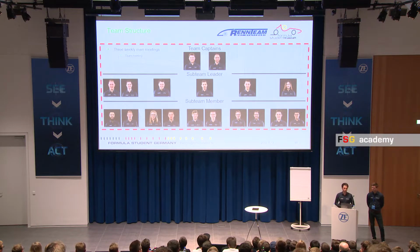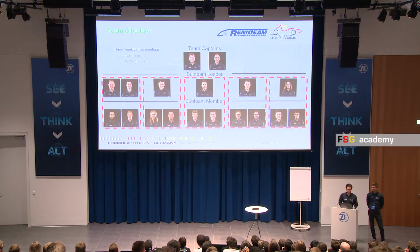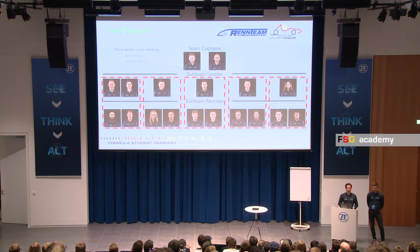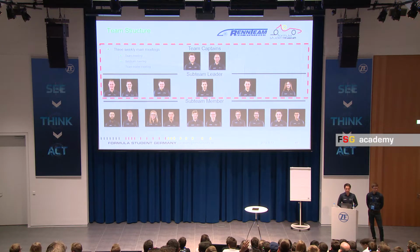The first one is the team meeting, where every team member gets together and we discuss the general things of the organization and the main technical goals for the next week. Then there are the sub-team meetings, where the sub-team members report to their sub-team leaders what they did in the last week and what they want to do the next week. And then there's a third meeting, the team leader meeting, where all the information gathered through the sub-team meetings is discussed in a